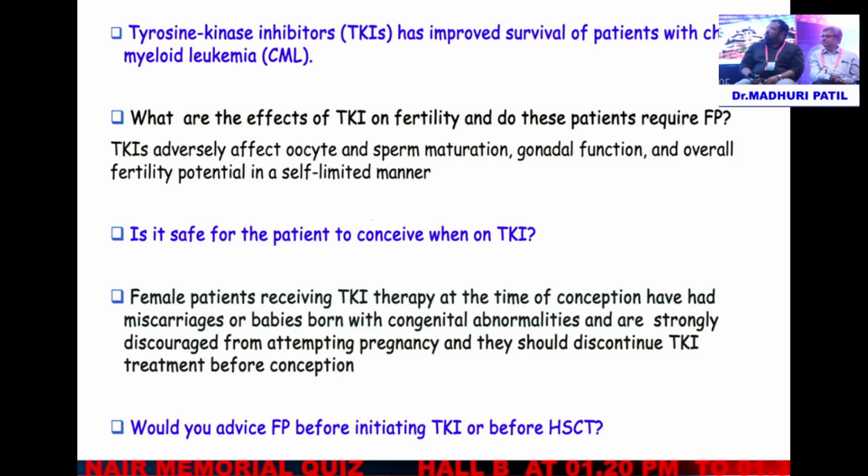And what are the criteria for stopping TKI and then giving them a TKI-free period for conceiving? So the real criteria is, like I said, ma'am, at least they should not have changed their line of TKI. So if they were started on one TKI, they should be continuing on that. They should not have changed to a second line TKI. If they are changed to a second line TKI, that means the relapse of TFR is higher. So they should be on the same line of TKI from the initiation, with at least 4 to 5 years of very good deep molecular remission. And so these two are the major criteria. If they are fulfilling these two, then definitely we can go ahead with the TFR.